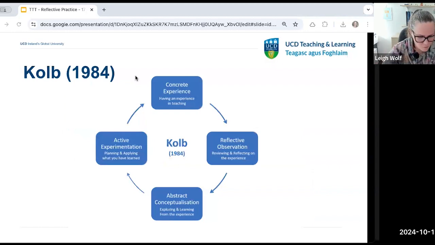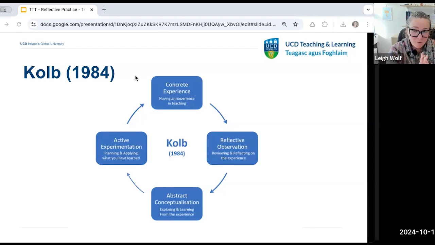Another goes a little bit more in depth. This is from Kolb in 1984, David Kolb, and he has 4 steps to reflective practice. The first is having a concrete experience in teaching, and then reviewing and reflecting on the experience. And then the next is sort of an extension of Schön's model, where you're